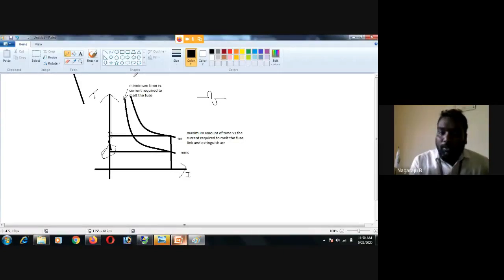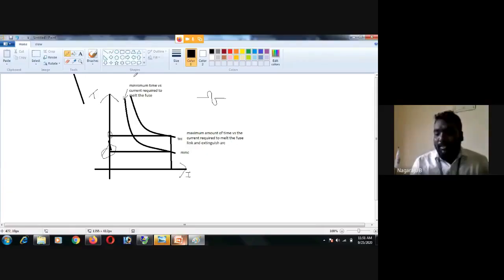The total clearing curve is just above that. It is a plot of the maximum time versus current required to melt the fuse link